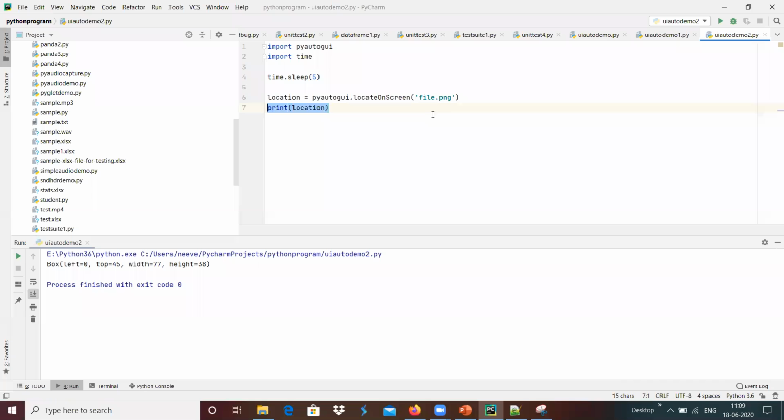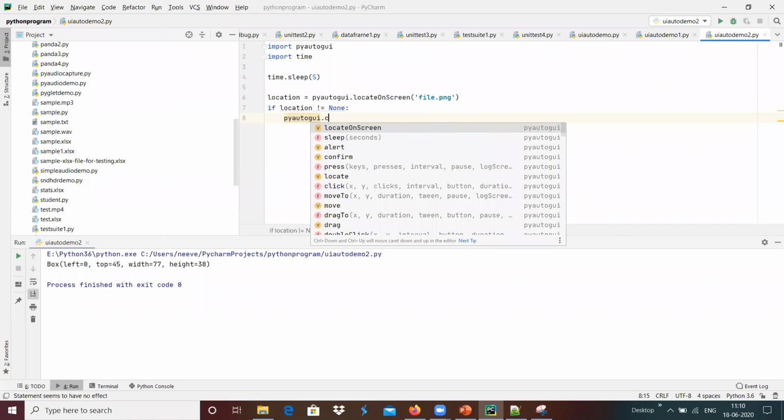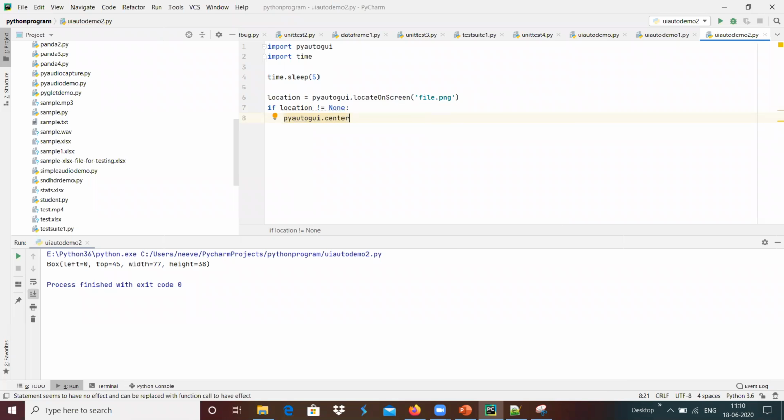We got the output. If I'm going to do location not equals none over here, and I'm going to use pyAutoGUI dot center, and I'm going to give the location, which provides a center value.